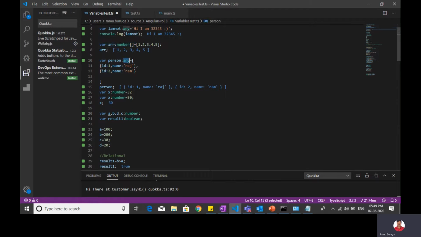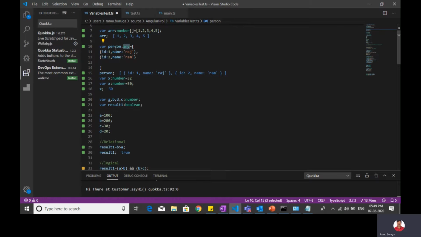So any is also there. As I told you, any can contain any type of data type, mixed. I have declared a variable called person of type any. In that, I have provided ID 1, name colon Raj, ID 2, name Ram.